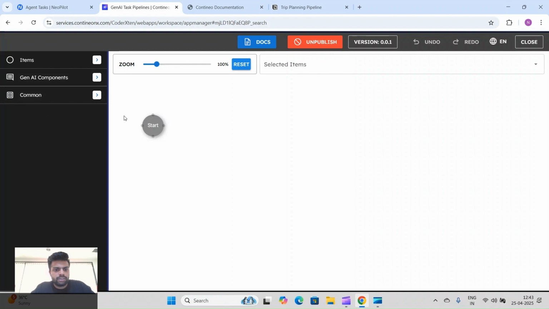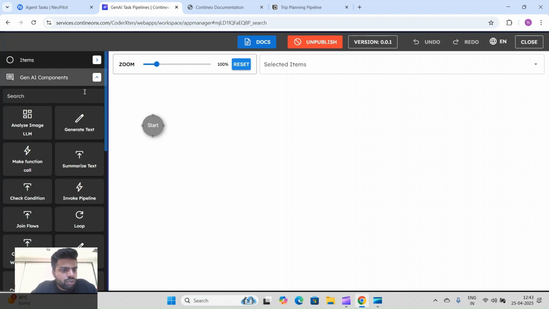Just like the agent builder, we get this canvas in the pipeline section also. Here in pipeline we have multiple components, like analyze image, generate text, make function calls, loops and more. We have documentation for each and every component, and we have also shown multiple approaches to use them, so it will be very easy for you to build.